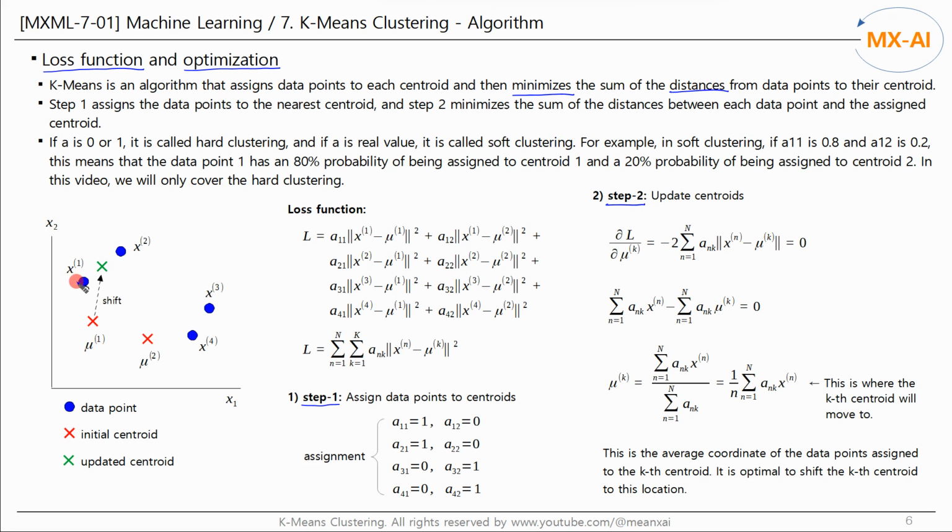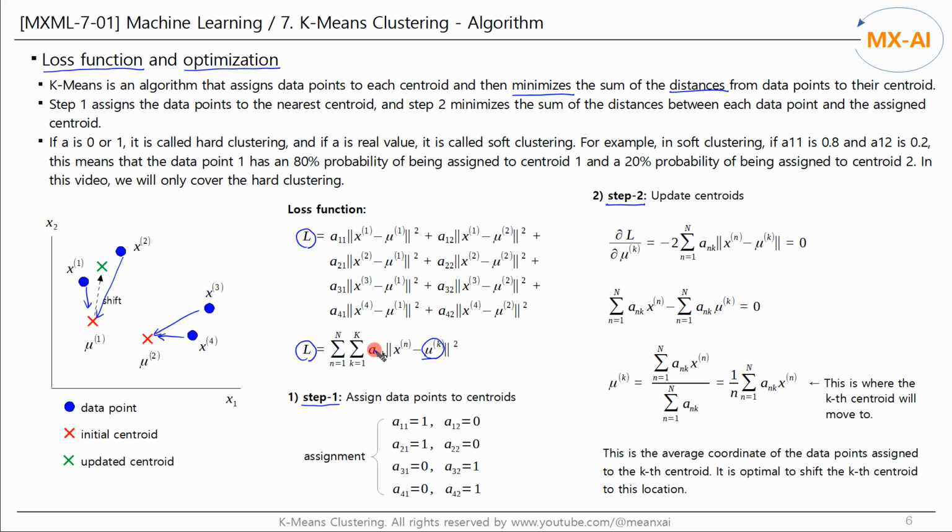In the figure below, there are 4 training data points and 2 initial centroids. These 2 data points are assigned to the first centroid, mu1, and these 2 data points are assigned to the second centroid, mu2. The sum of the squared distances between the data points and their assigned centroids can be expressed as follows. This is the loss function for KMeans clustering. Our goal is to find the coordinates mu of the centroids that minimize this function,